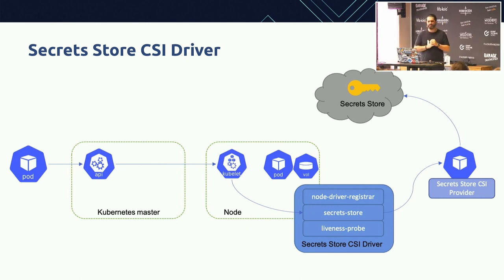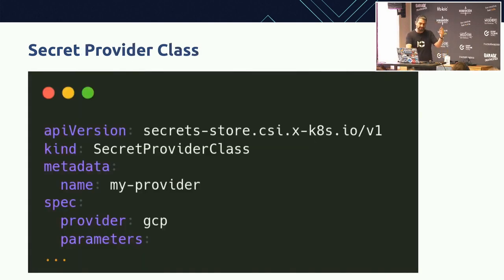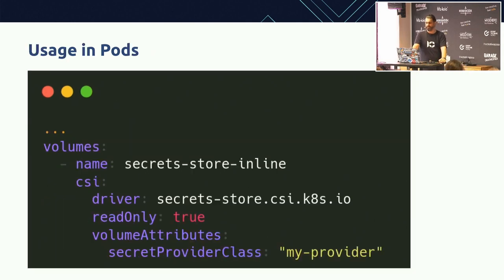Last time I checked, this was in beta or alpha stage, and it wasn't supporting a lot of providers. But this is also a project to check for those kinds of secrets. Here you just provide the secret provider class for your cluster, and then your secrets will be mounted as a volume from the secret provider.